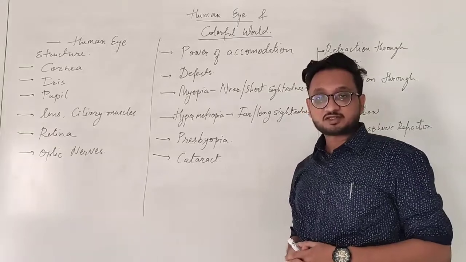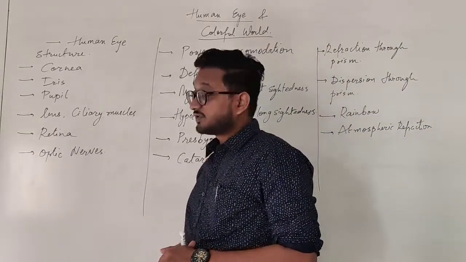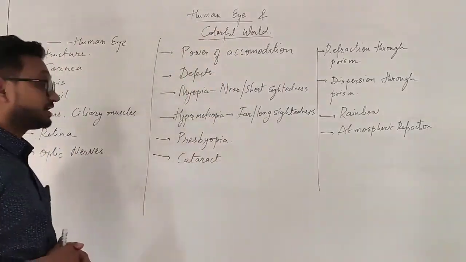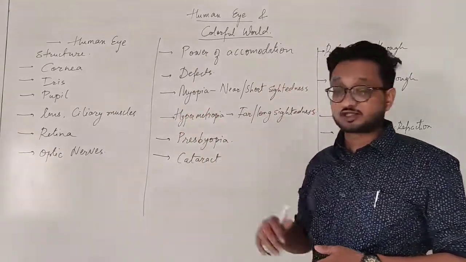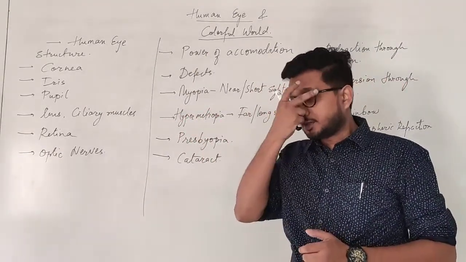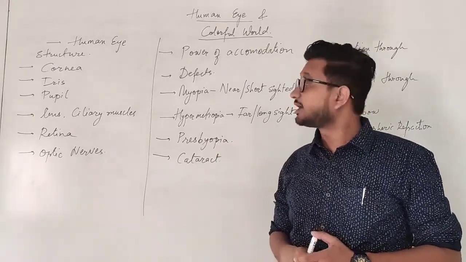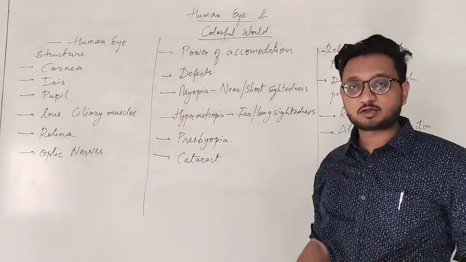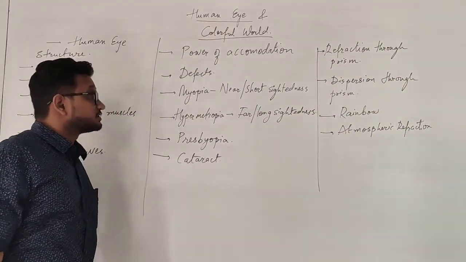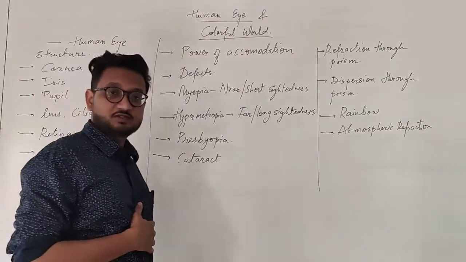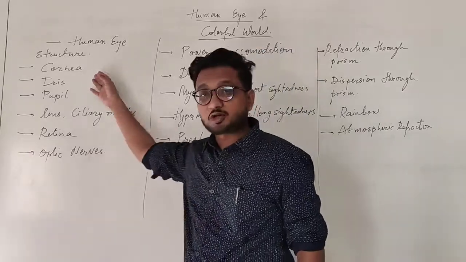So today we will be revising all the important points that we have studied in the chapter. And the first important one was the human eye. As the name suggests for the chapter, we are going to study the human eye. Okay? It is one of the important organs that gives us the sense of sight, and we are going to study and revise all the parts of the human eye and how it works. So the human eye is roughly spherical in shape, and the transparent front part is the cornea.